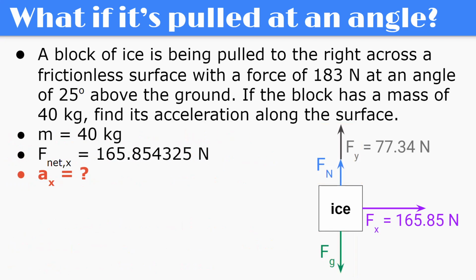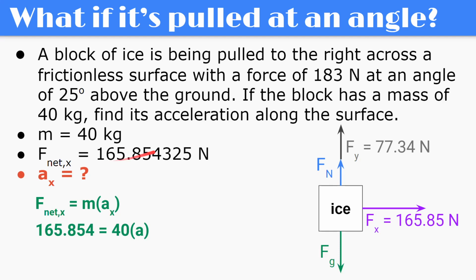All right. So again, the question is find the acceleration along the surface. F net x is the only direction where I'm going to have acceleration, is in the x direction. So F net x equals m times ax. Again, if I had anything in the y, I would do this again in the y. I don't have it, it's going to be 0. But F net x equals mass times acceleration in the x. That's the only direction where I'm going to have any acceleration. So plugging in my numbers, I have